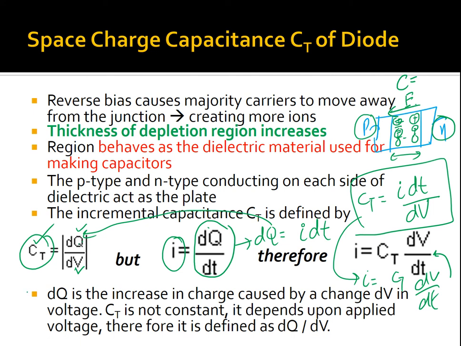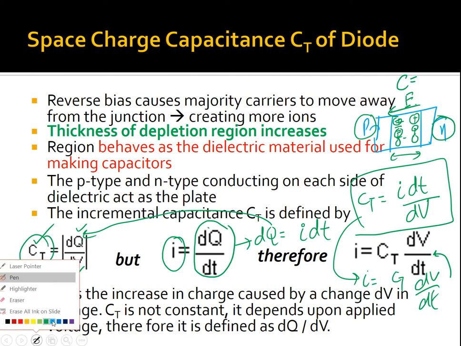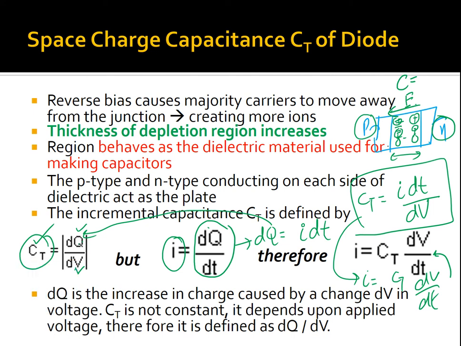Okay, and the other thing is, if you want to talk about the forward bias region, how the charge will move from one side to the other side, we call this the time delay of the movement of the charges. We know that the capacitance is proportional to the rate of change of time, so we can also predict the time delay of the movement of the charges from this relationship. And also we can see that the capacitance is directly proportional to the movement of the current inside the depletion region.